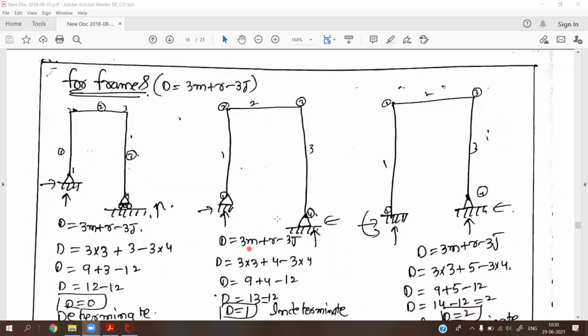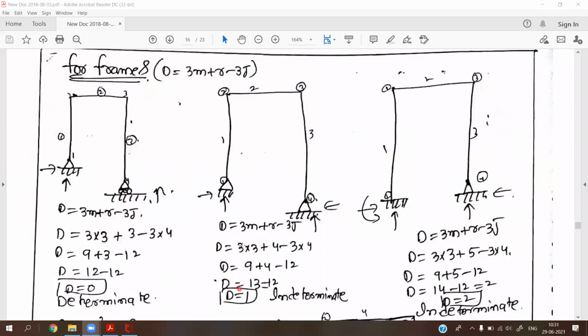So that's why this frame is known as a determinate frame. Now consider this frame. Here is an immovable hinge support, and here also an immovable hinge support, so totally we have four external reactions. Here are one, two, three members. Three times 3 is 9, and 9 plus 4 is 13. So we have 13 unknowns in this frame. For the equilibrium equations, we have four joints, so 3 times 4 is 12. So 13 minus 12 means this frame is a statically indeterminate frame, and the degree of static indeterminacy is 1.